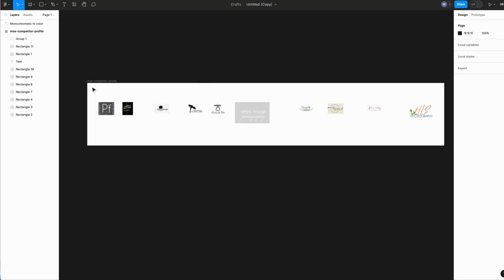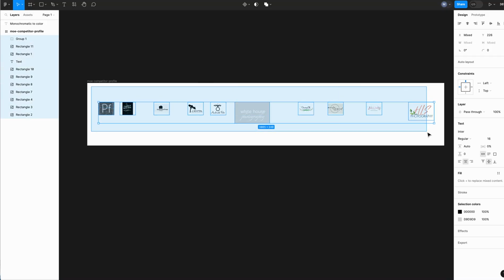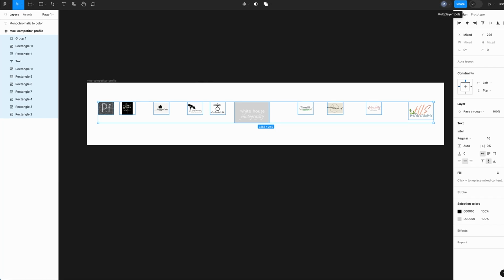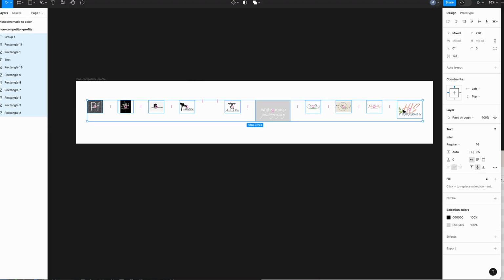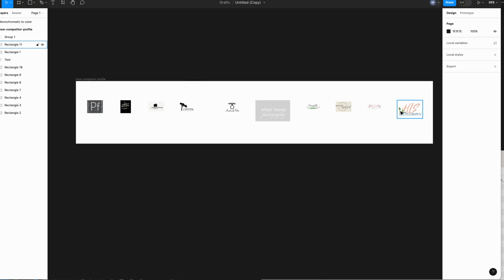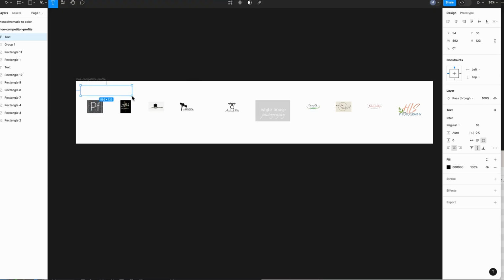One other thing I am going to do with this, if I select all of those, the other thing I want to do is I'm going to go back up here, and I am going to distribute the horizontal spacing so they're equal number of spaces apart. Just gives a little bit of a neater appearance there. All right, so one of the last things you're going to want to do is put some words on here to let me know what this is. So I'm going to say